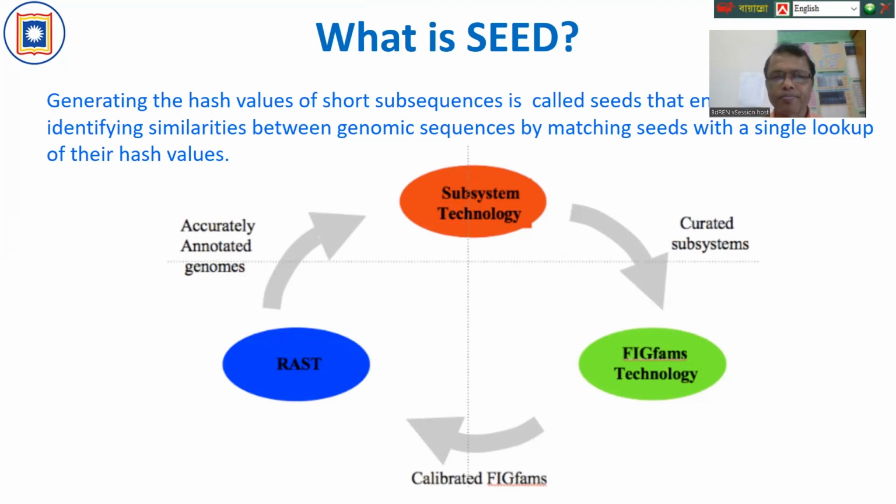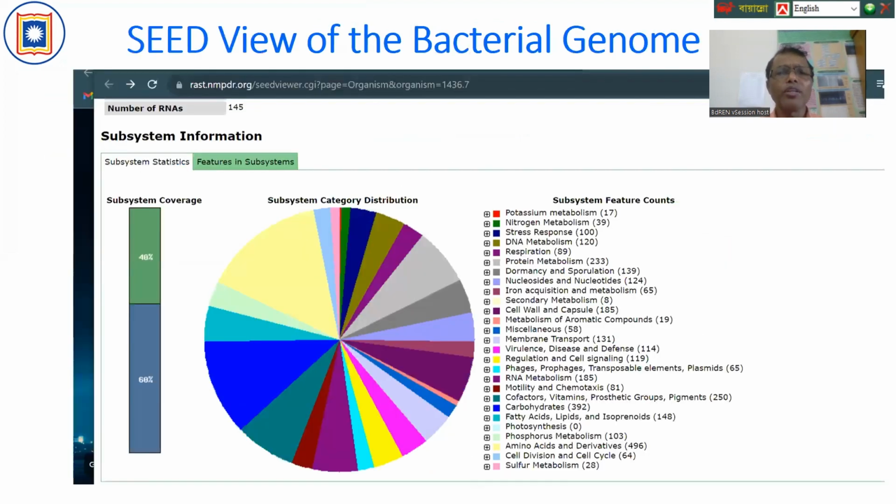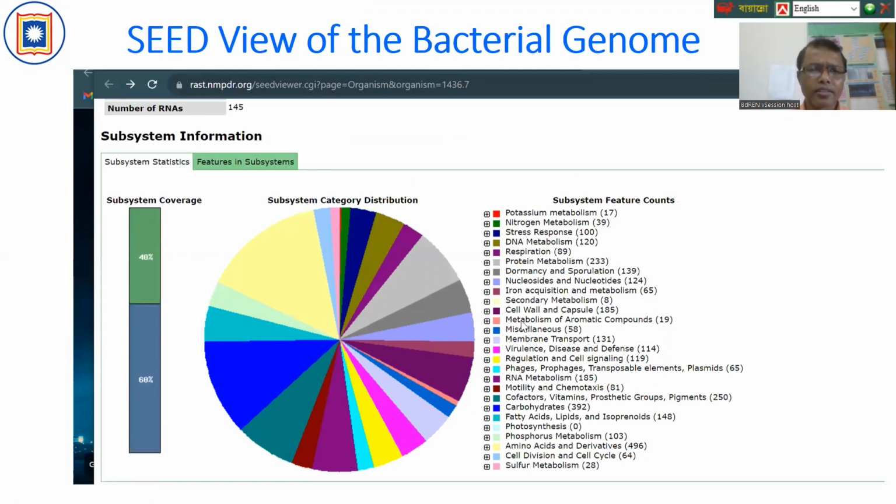Let me show you the result. So when you use RAST, the SEED viewer form of the bacterial genome you have analyzed, you can get the result like a pie chart. Here is the subsystem coverage, and this 40% means 40% of the genes identified in the RAST technology are deposited in the software and the web server, and the 60% genes of this bacteria are